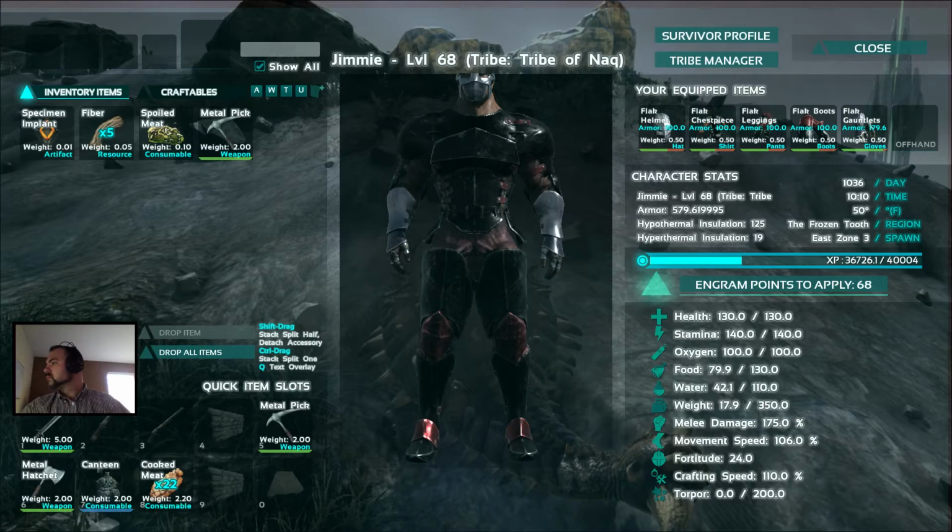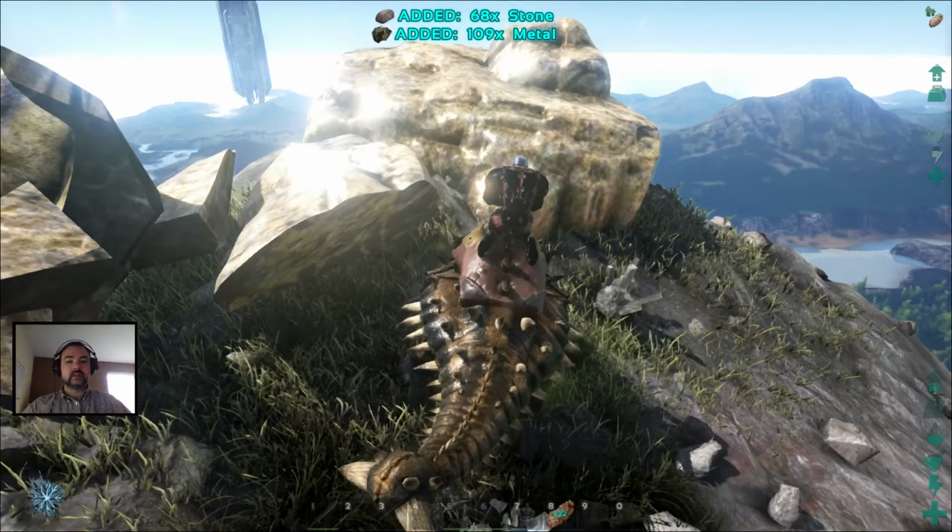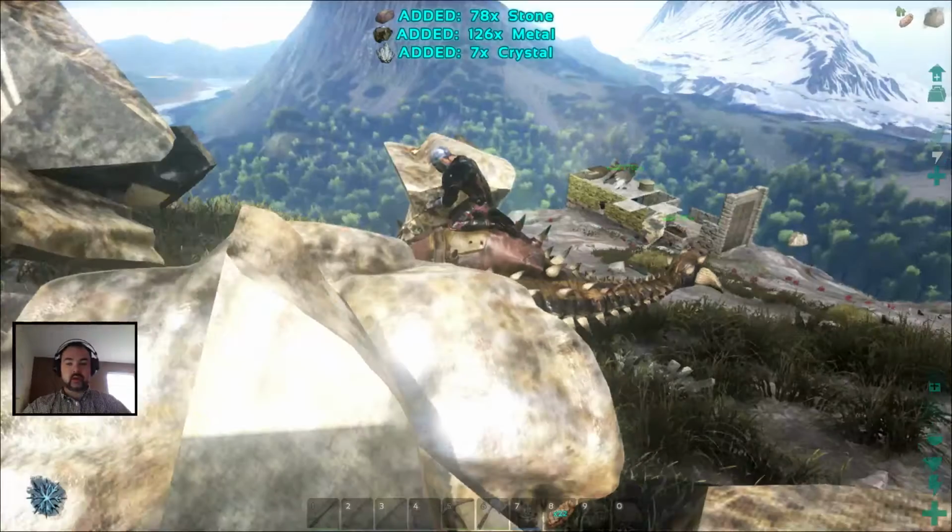Currently got some Ankylos up on the mountain. Man, tell you what, I did not expect the results we get. We had some Ankylos on what you would call Herbivore Island, and we didn't get anything like we get up here. Look at this. 60, 70 metal, that's what I get by hand. Plus, it gets all the herbs on the...